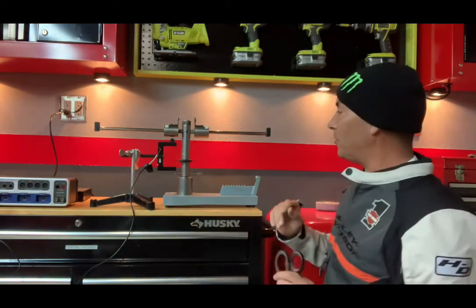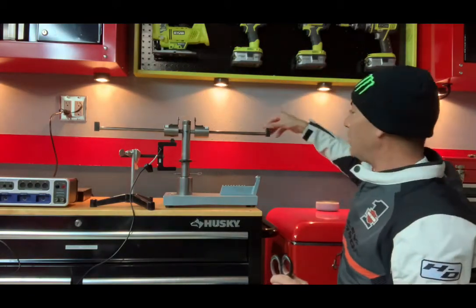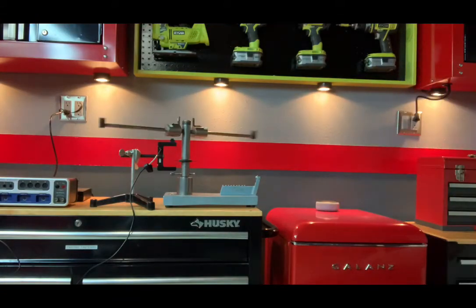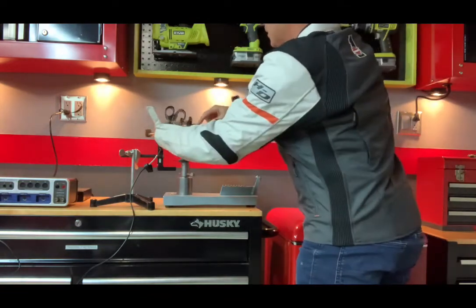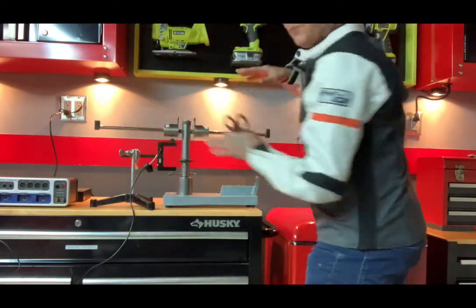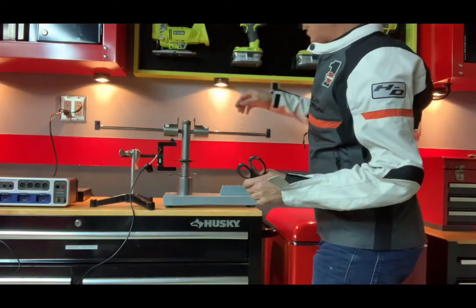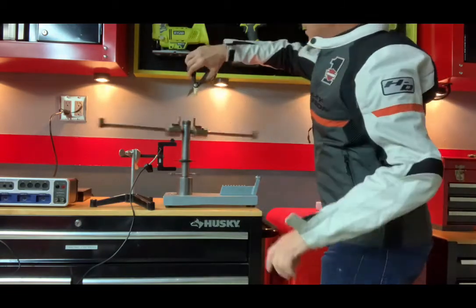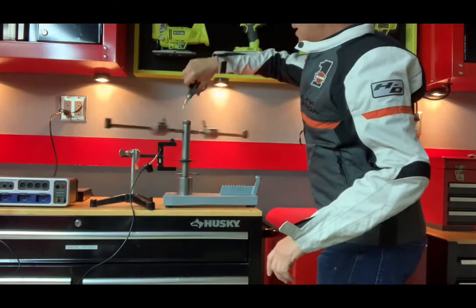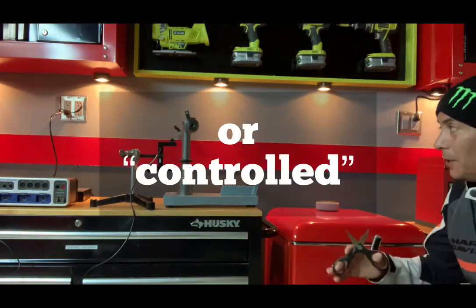Well, let me go ahead and just talk about the actual experiment first. So this here is going to be set in motion, and we could do that simply just by spinning it like that. These two masses can slide on these arms. Right now, they are tied together with this string, and during the experiment, what we would do is get this spinning and then cut this string here. By the way, I'm not going to do it with scissors. I'm going to do it in a more predictable fashion, because